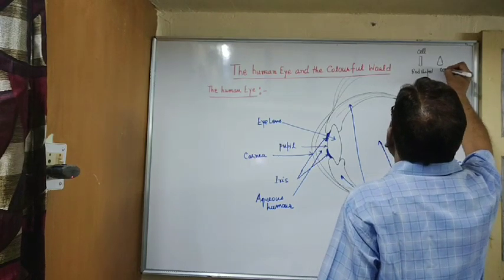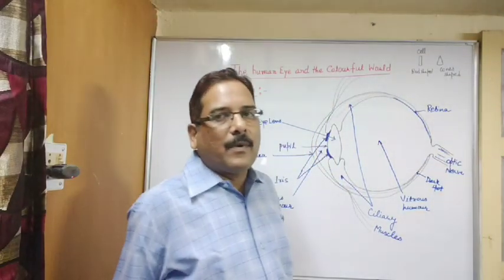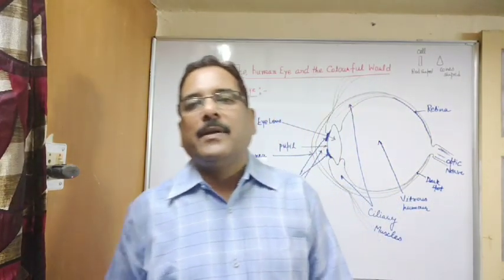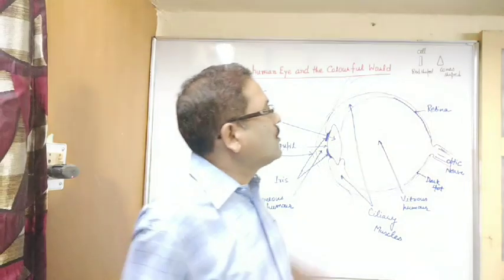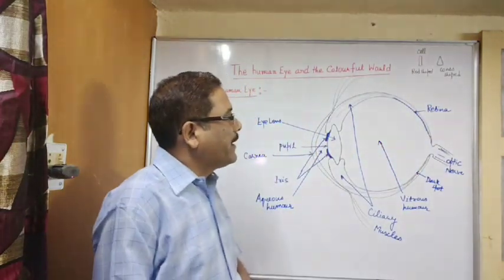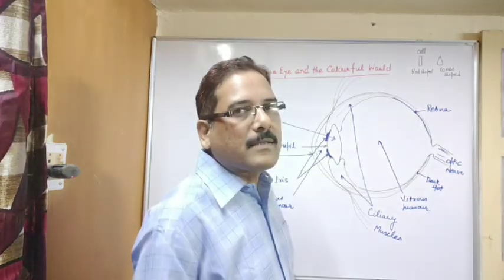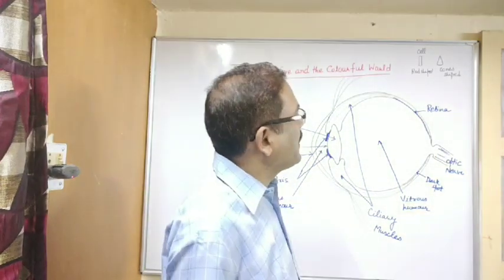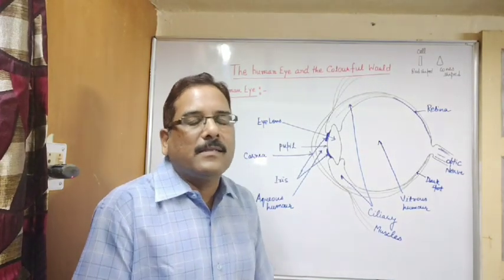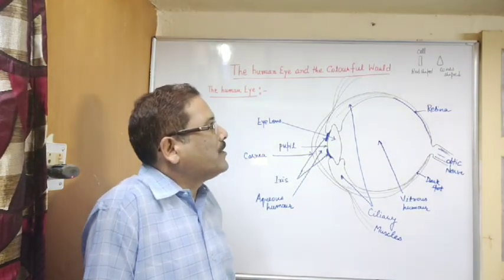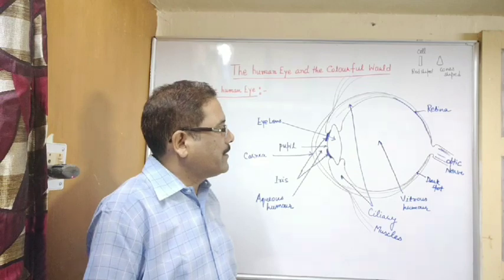And some cells are cone-shaped. So these cone-shaped cells are responsible for the color of the object. We are able to see the objects in their usual color with the help of these cone-shaped cells. So the retina is a very sensitive part. It consists of millions of cells. Some cells are rod-shaped and some are cone-shaped. And as I said, the rod-shaped cells are responsible for the size and brightness of the object, and the cone-shaped cells are responsible for the color of the object.